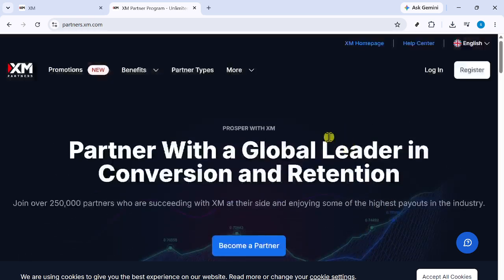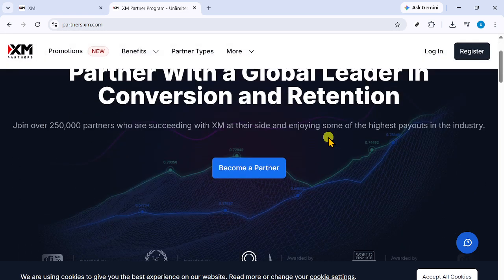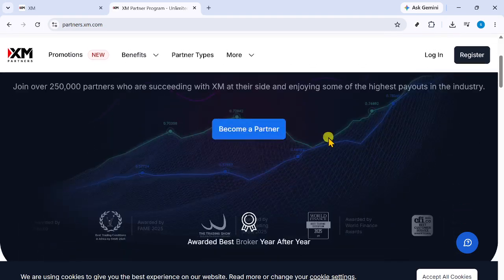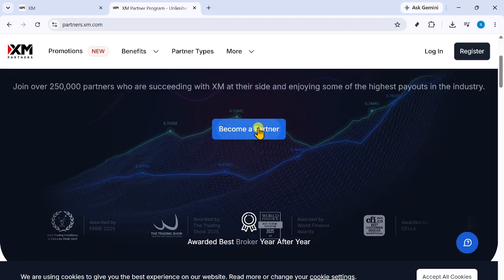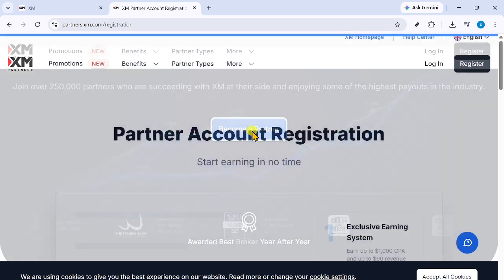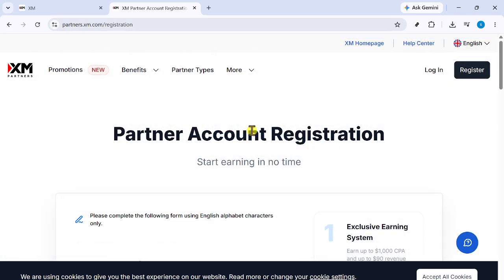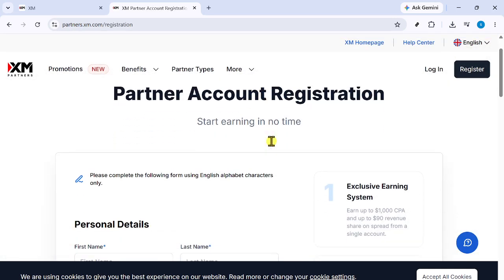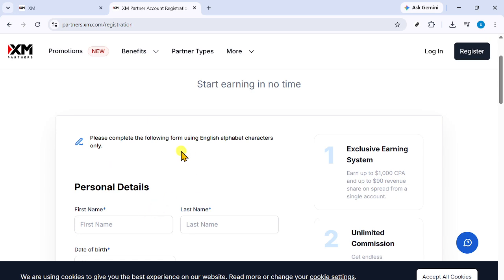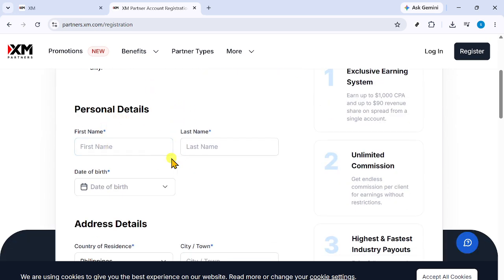After that, you'll be taken to the partnership area. Scroll down the page until you find the option labeled Become a Partner, then click on it. This will bring you to the registration page for opening a partner account. As you scroll, move steadily so you don't miss the button, especially if the page includes banners or informational sections